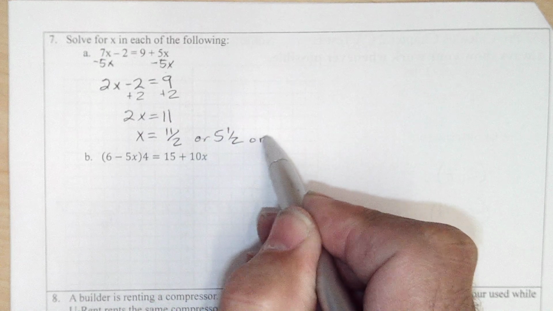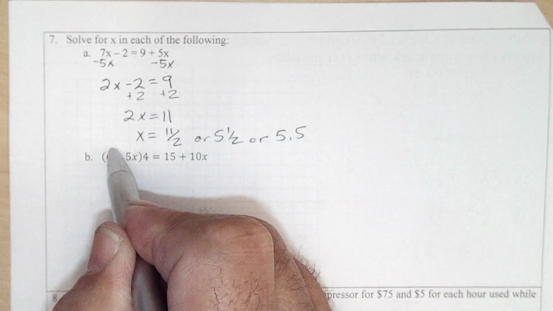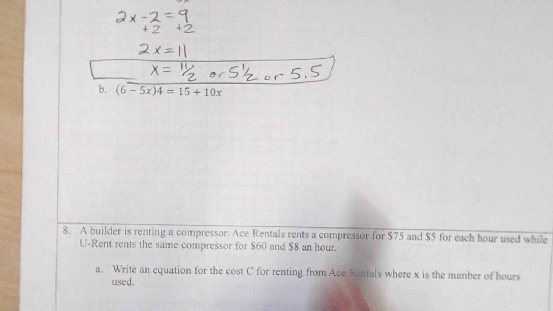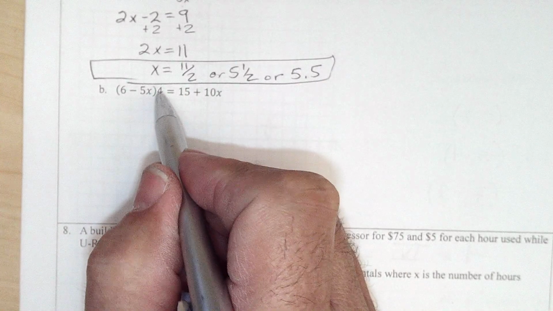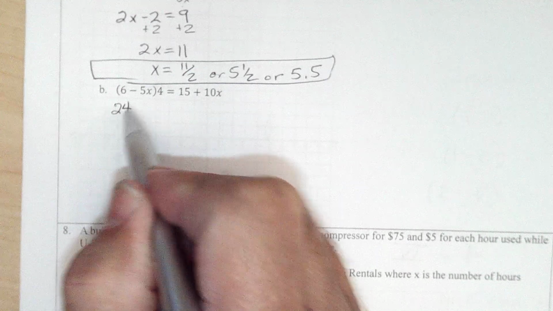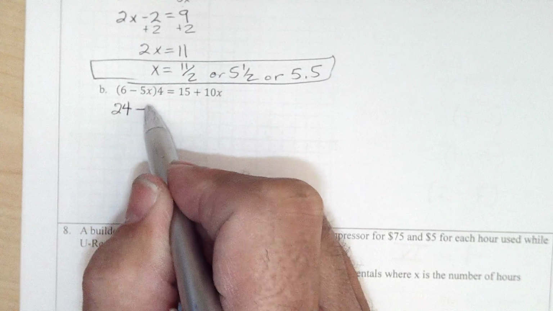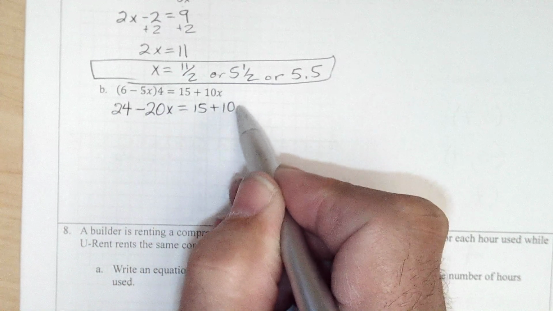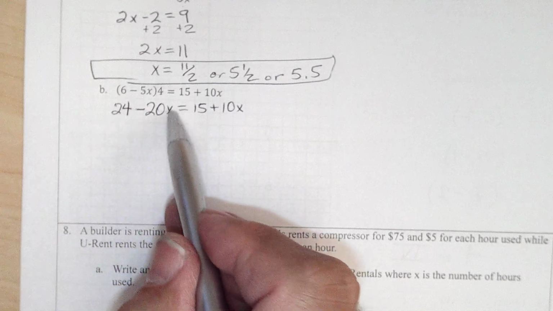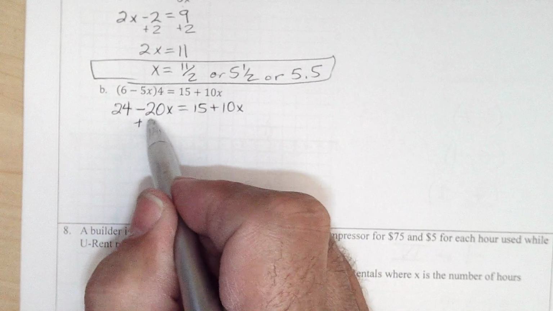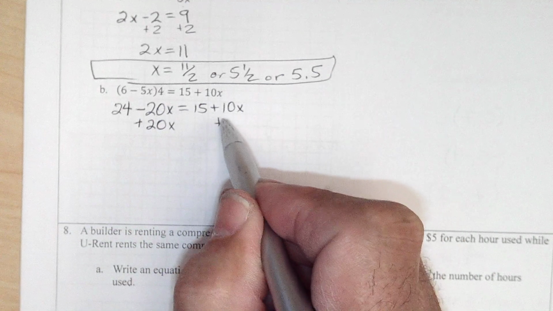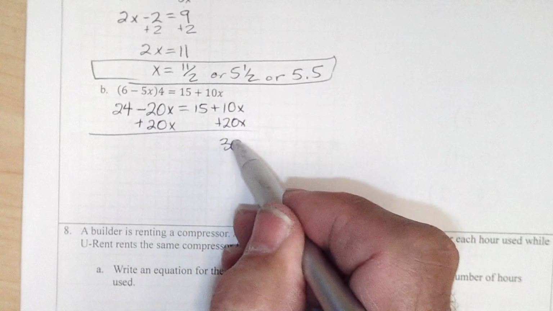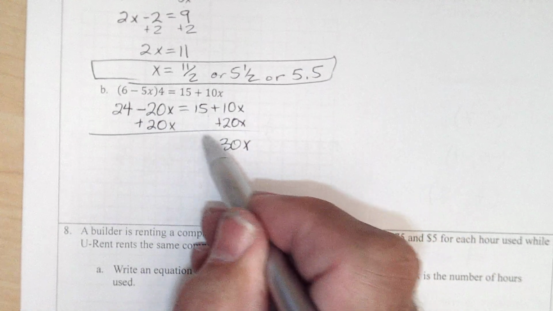or 5.5. Any of those answers. This one, we should distribute the 4 first, and so we're going to get 24, and -5 times 4 is -20. X equals 15 plus 10x. A bunch of negative x's here, so I'm going to add 20 x's to both sides because I like to keep the x's positive. So I get 30 x's and a 15